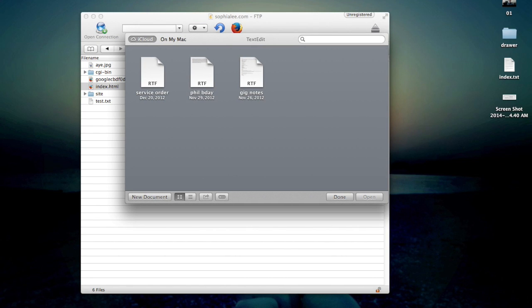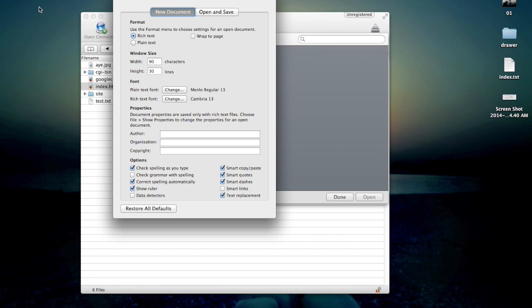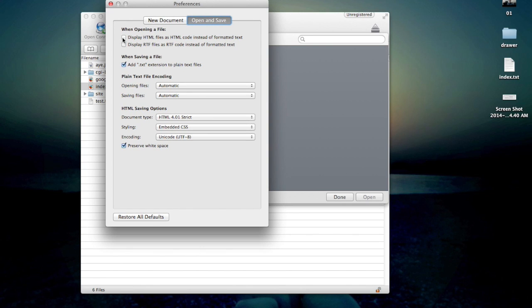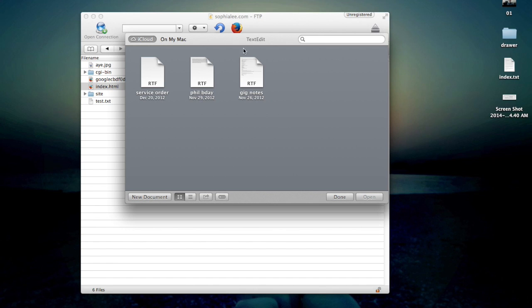and I'm going to come up here to Preferences, and one of the preferences that I can set is under Open and Save, and it's the preference to display HTML files as HTML code instead of formatted text. Make sure that this is checked, and then when you use TextEdit